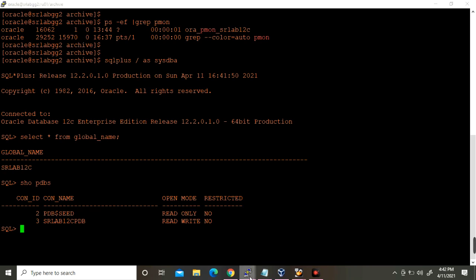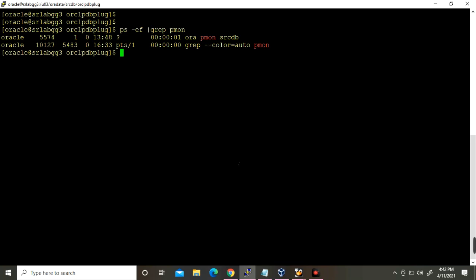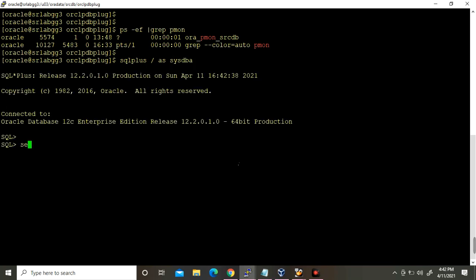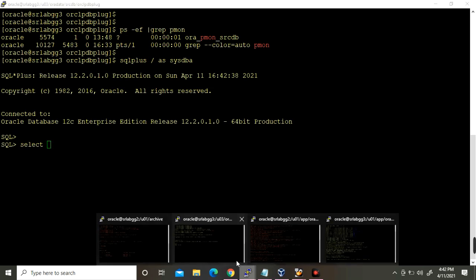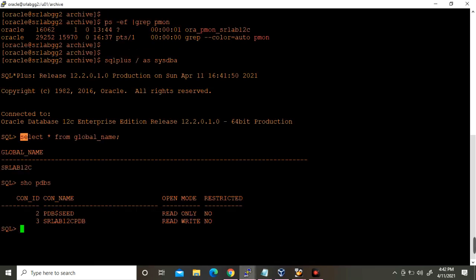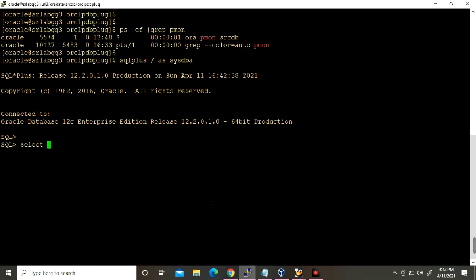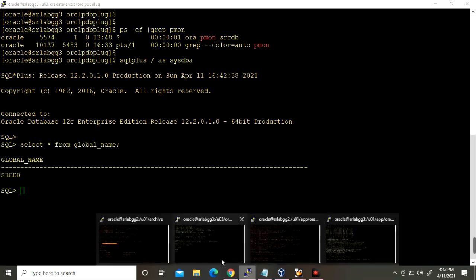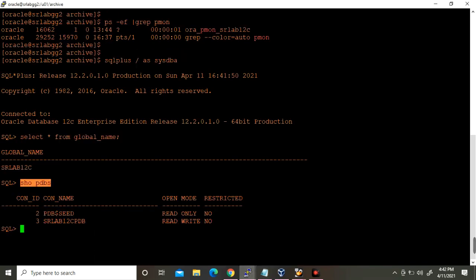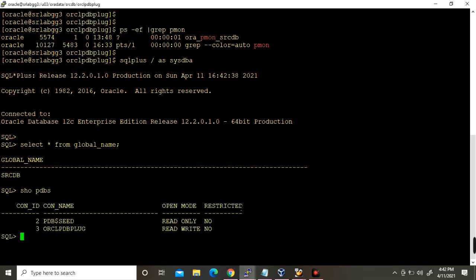In the source, I am running SRCDB. Both the databases are running the 12.2.0.1 version. Here it is running Oracle PDB plug. So both the CDBs have different pluggable databases.